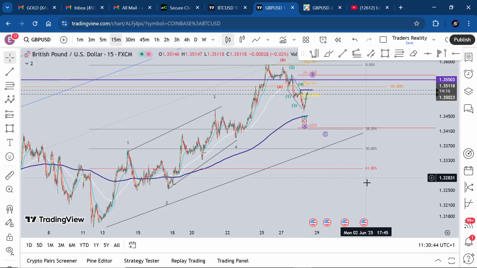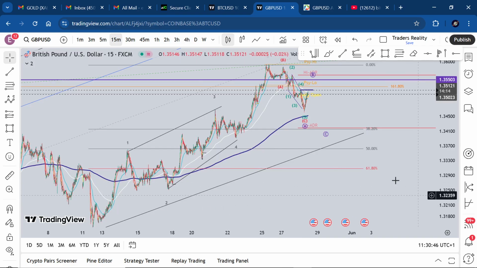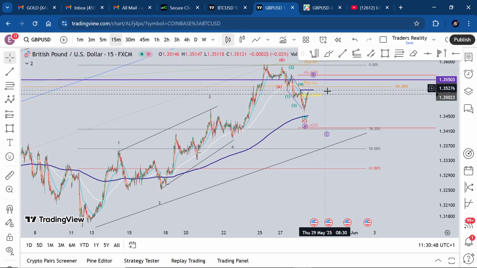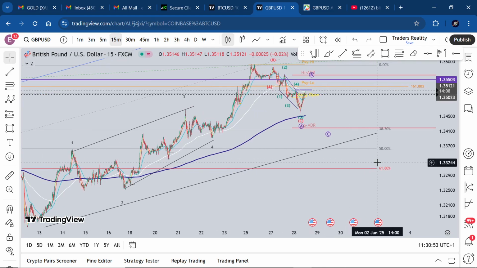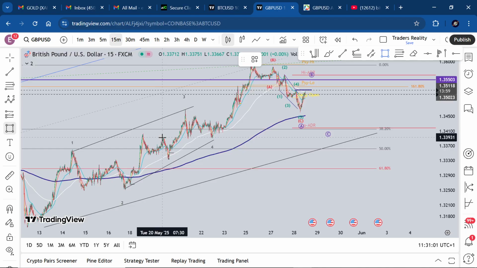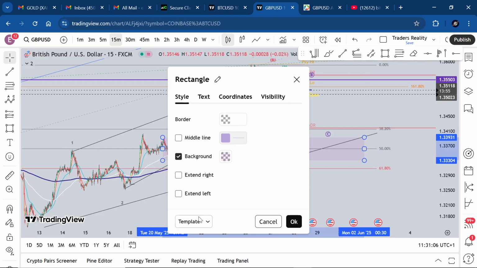Somewhere down here or even lower. I'd like to see price at the 618, at least the 50%, right? Below the 50%, where we got this demand here, and then we have this demand here. One of these two places is where I'll be waiting for price to get to, so I could then buy the market back up,